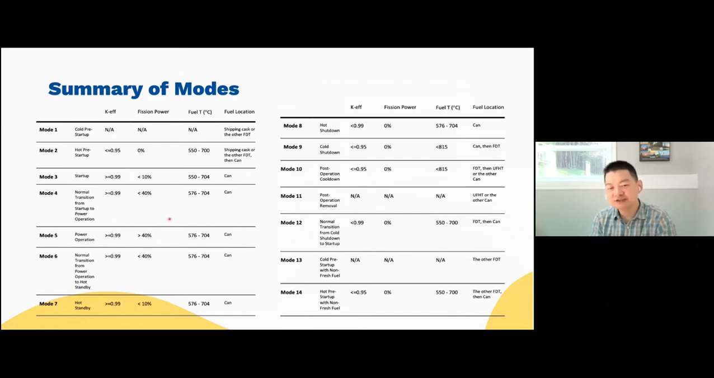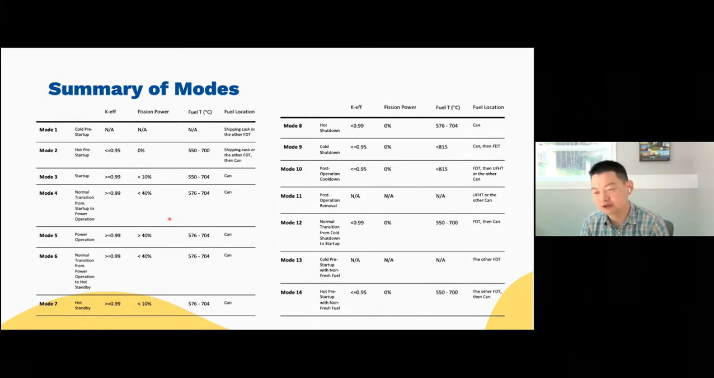So the intention of defining these modes is to make sure that we understand how the power plant operates. So make sure we cover everything. So every normal operation will be covered by these modes. Once we understand that, it gives our initial conditions for the accident analysis. So every accident